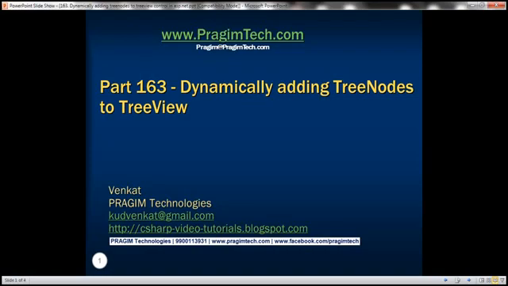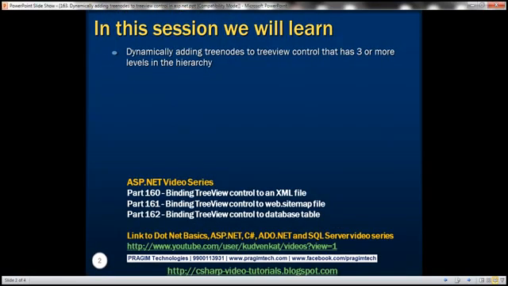This is part 163 of ASP.NET tutorial. In this video, we'll discuss dynamically adding tree nodes to tree view control that has 3 or more levels in the hierarchy. This is continuation to part 162, so please watch part 162 from the ASP.NET tutorial before proceeding with